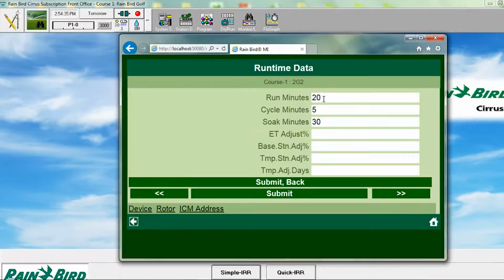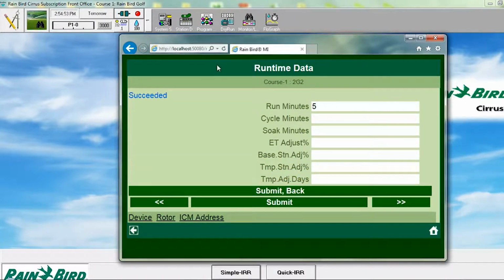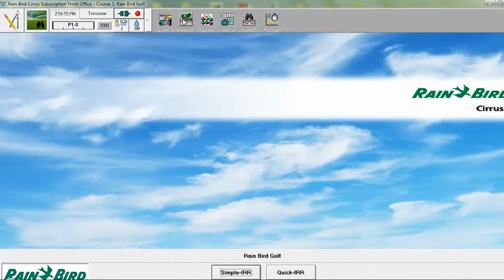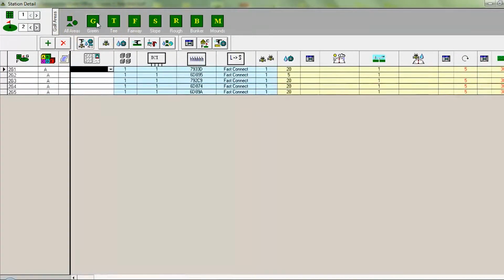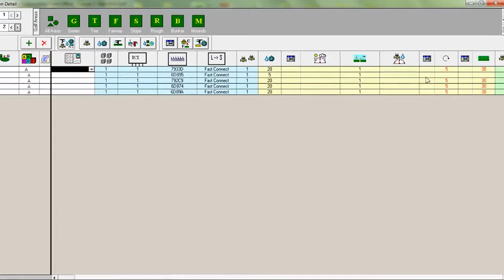We don't want it set for cycle and soak, so we can change that here by deleting the cycle and soak times. We'll update the default runtime of 20 minutes to 5 minutes, then hit submit. And now if we look at our station detail, on hole 2, green, you'll notice hole 2, greenhead 2, is now changed to a 5-minute runtime, and cycle and soak times have been removed. Again, the reason we did this is because that head was really too wet, and we wanted to reduce the